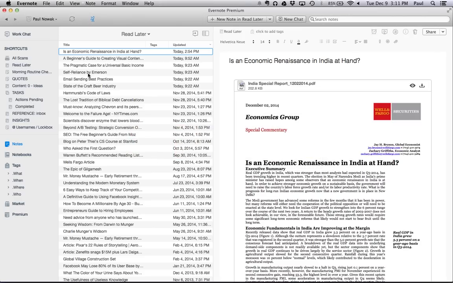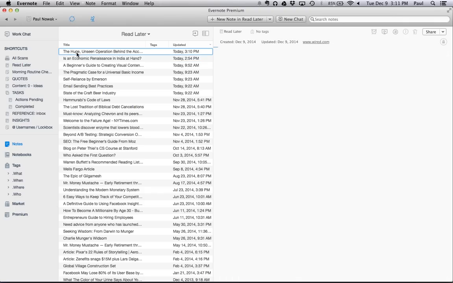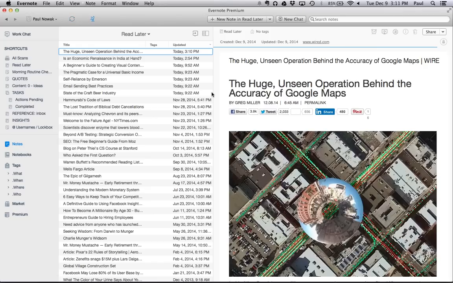So let me show you Evernote real quick. Now, this is my Read Later folder. As you can see, it says right there, Read Later. Might be a little small on your screen, but this is a number of articles that I wanted to read later. This actually will sync every so often, and if you notice right here, here's the article right up here that I saved for later on.